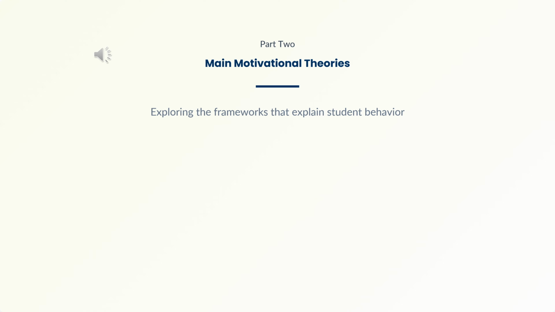At this stage, the lecture turns to the principal theoretical frameworks through which student motivation may be understood. Such theories are important because they offer explanatory models for behavior that may otherwise appear inconsistent or difficult to interpret. Theory, in this context, does not replace practical judgment. Rather, it sharpens it. By examining motivational behavior through established frameworks, the teacher gains a more precise basis for choosing pedagogical strategies and for evaluating why a given approach succeeds or fails.